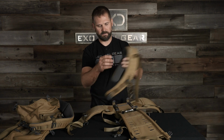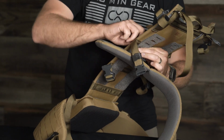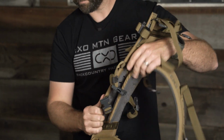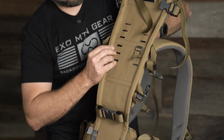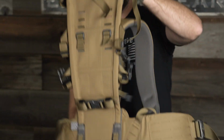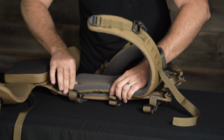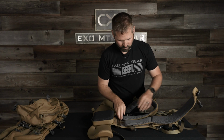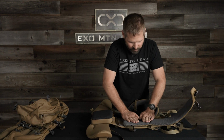We'll go to the harness. First step. Take the tab on the back of the harness, slide it through, and just hold the Velcro out of the way on that side until I get it in. I'll go to the other side. Pop that in place, and I'll flip over. And then I'm just eyeballing that we're centered on the Velcro tab here, and then placing the other one so that they're both flush there at the bottom,